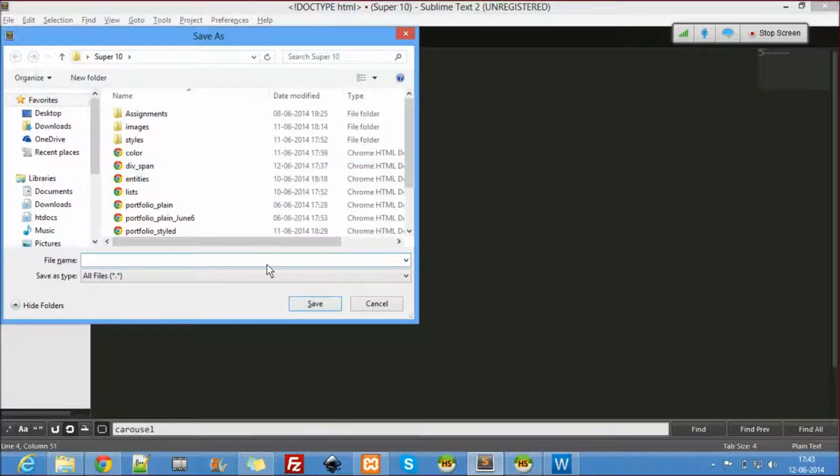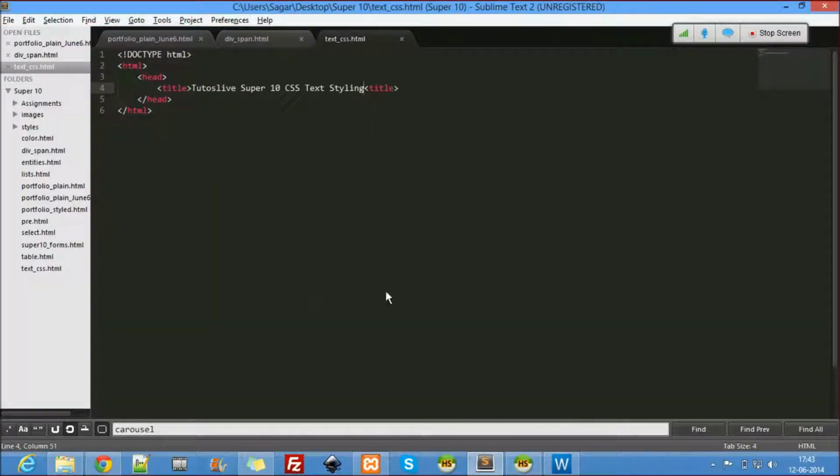Okay, save this as text underscore css dot html, or css dot text html, no problem. So body, so let's use a div here. Now onwards I'll be using only classes to style. This time class equal to text style.